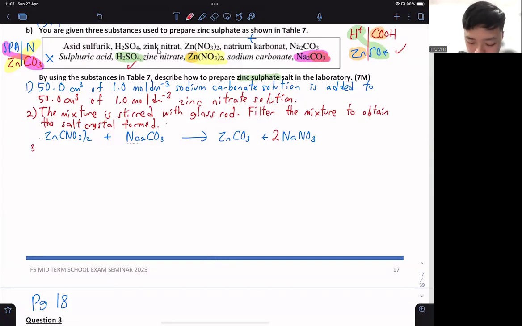Then I do the third step. Okay, third step. I get the salt crystal, I get the zinc carbonate. Now I add to what? I add to sulfuric acid. Okay, so you can say